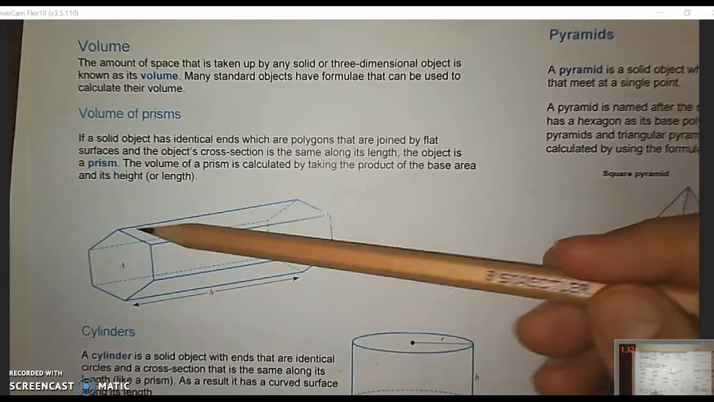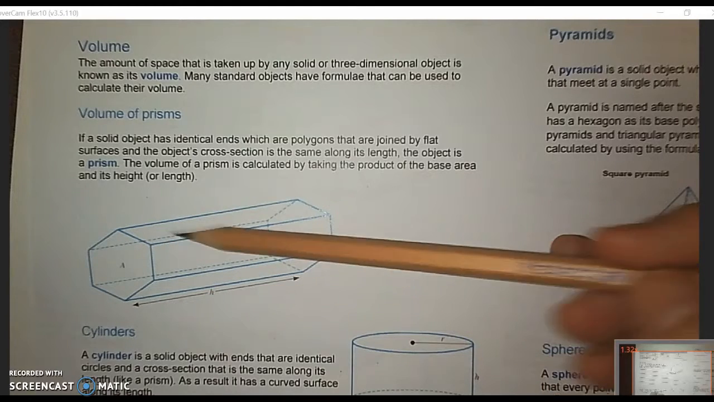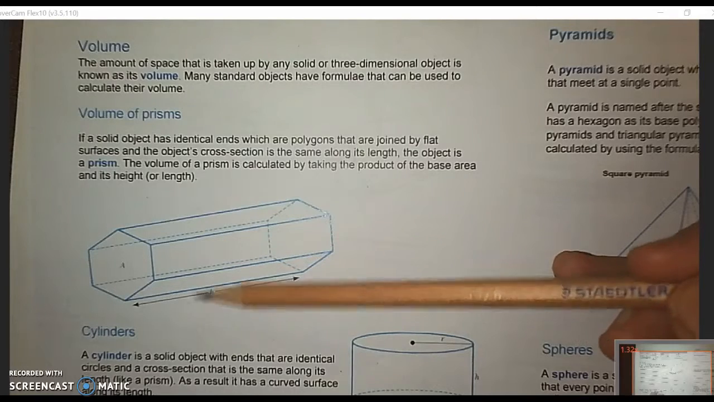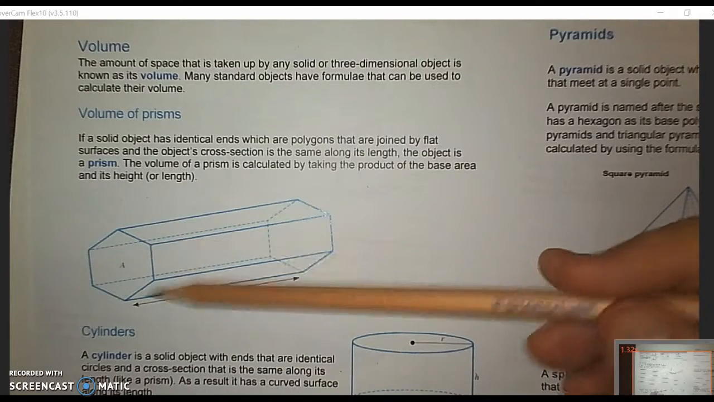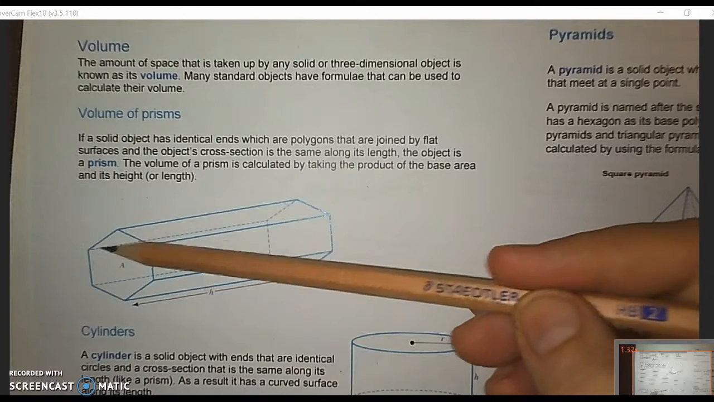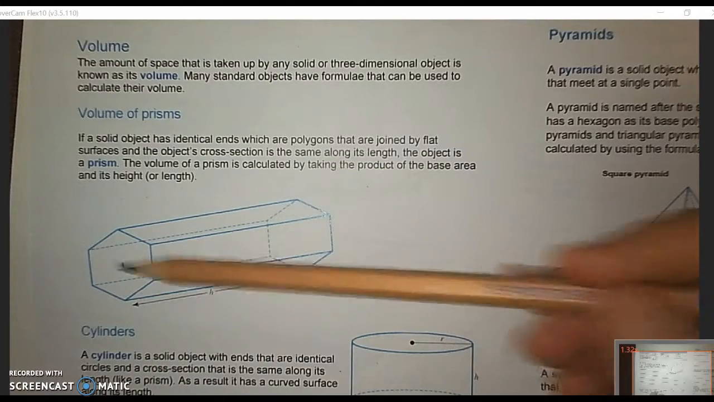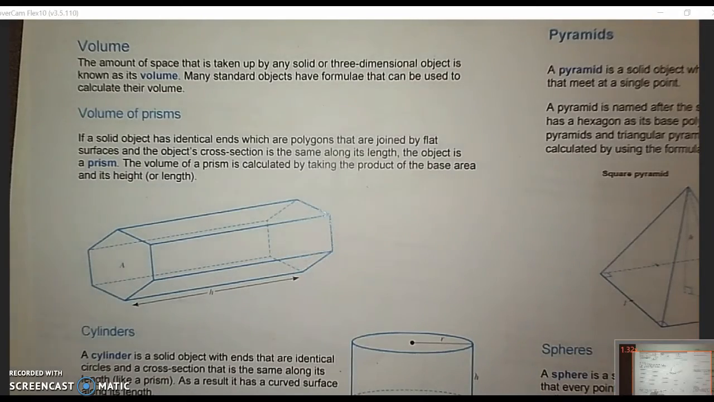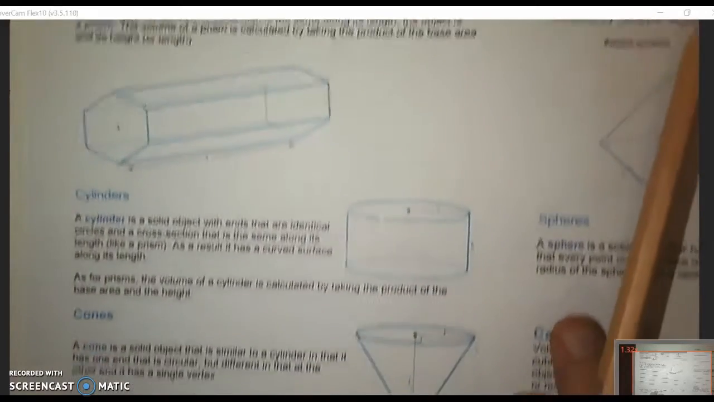So here we have a prism. A prism is the same no matter where you cut across the shape, you'll end up with the same shape at the bottom. And so here we have a hexagon on the bottom. So this is a hexagonal based prism. A cylinder